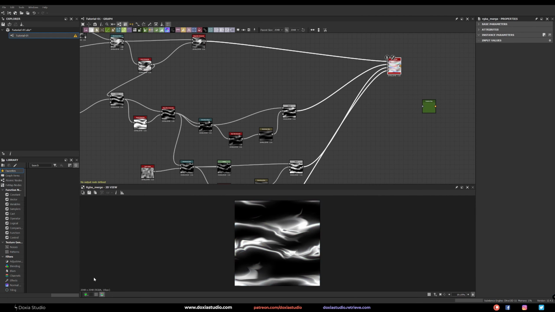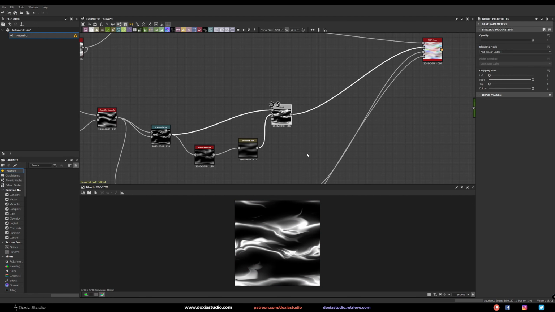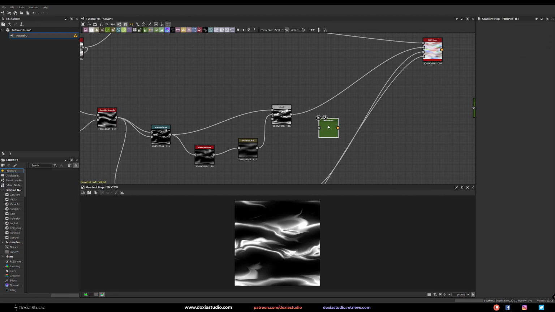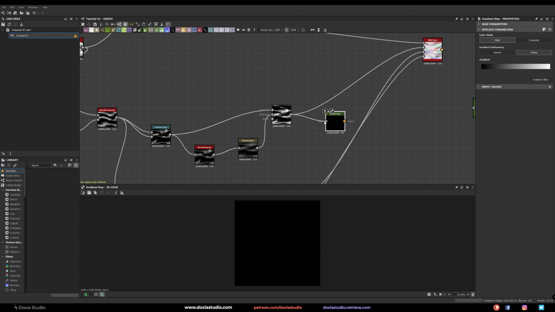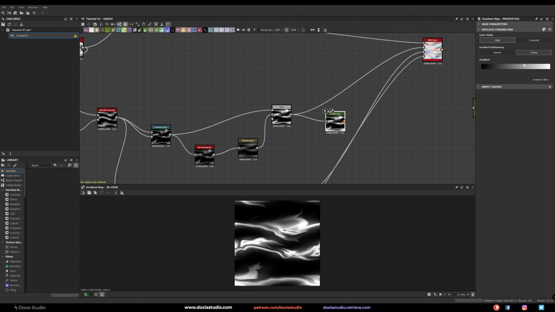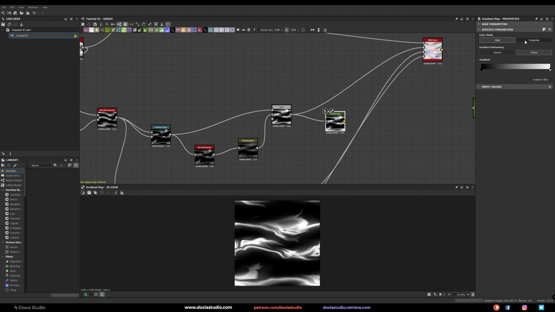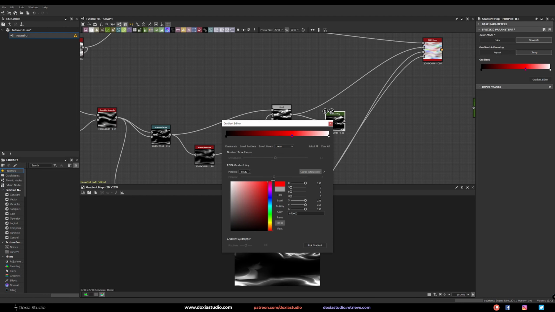If I come here, you see the green one. At this point, I was like, will this work? Is this cool? And you can use a gradient map to check the colors of your image. So if you come here, gradient editor, and you can play. Grayscale, okay. And here, let's give some colors.